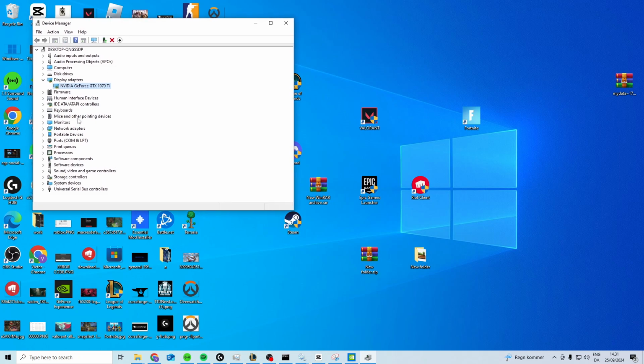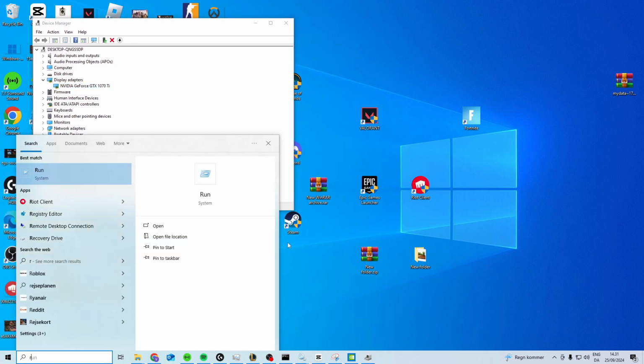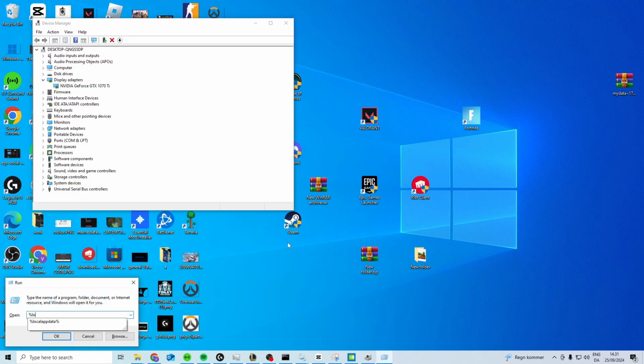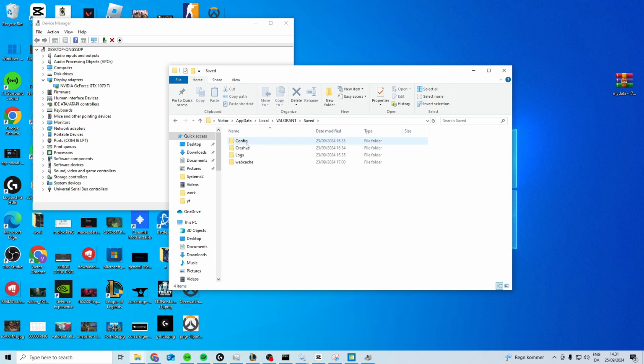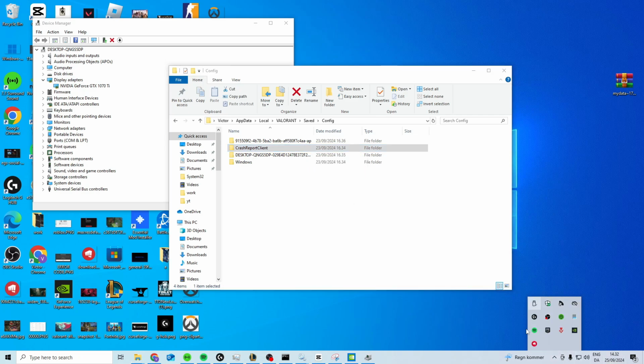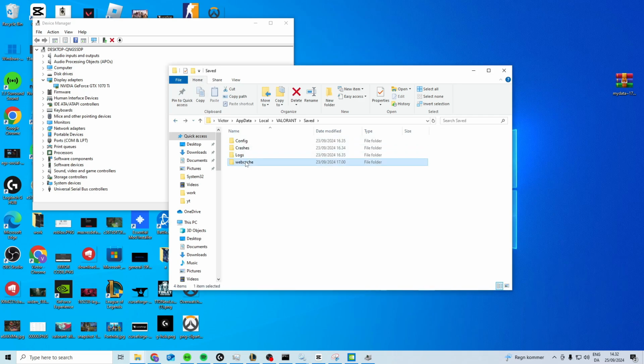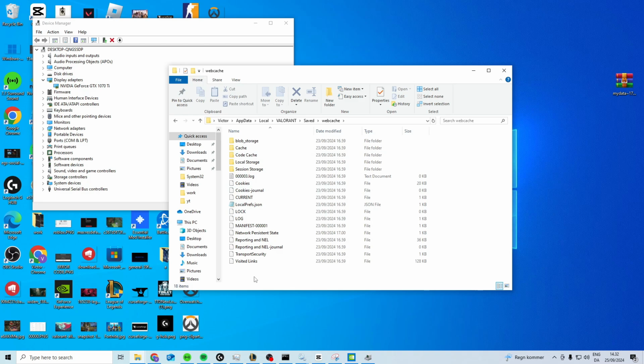It's really simple. After that, come down here and search for run, percentage local app data percentage. Press OK. In here you want to find your Valorant folder, right here, saved, config, and in here you want to find crash report client and delete this folder. Now if it says you cannot delete it, it's because you have Riot Client or anything open, so just exit out of these. Delete this one, come back, open up web cache, and in here you want to delete everything